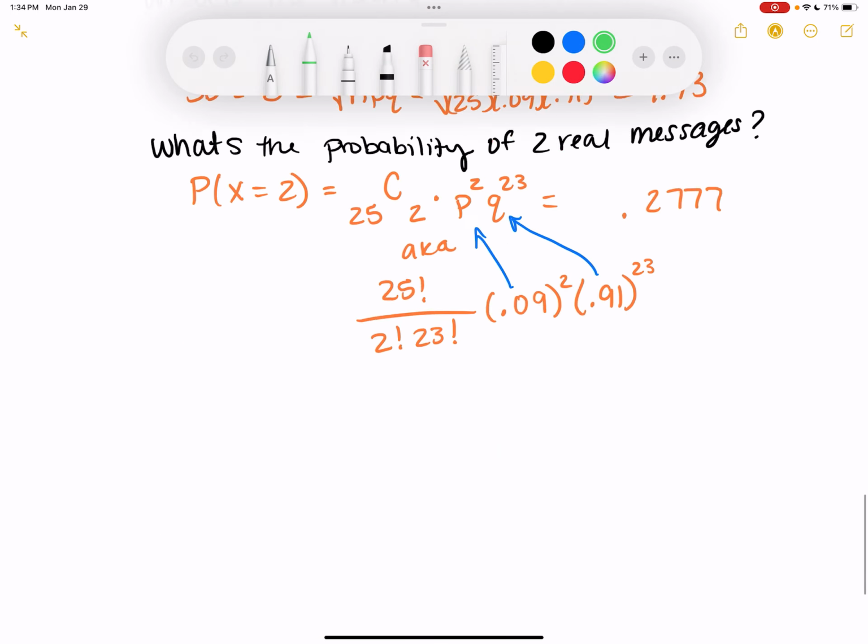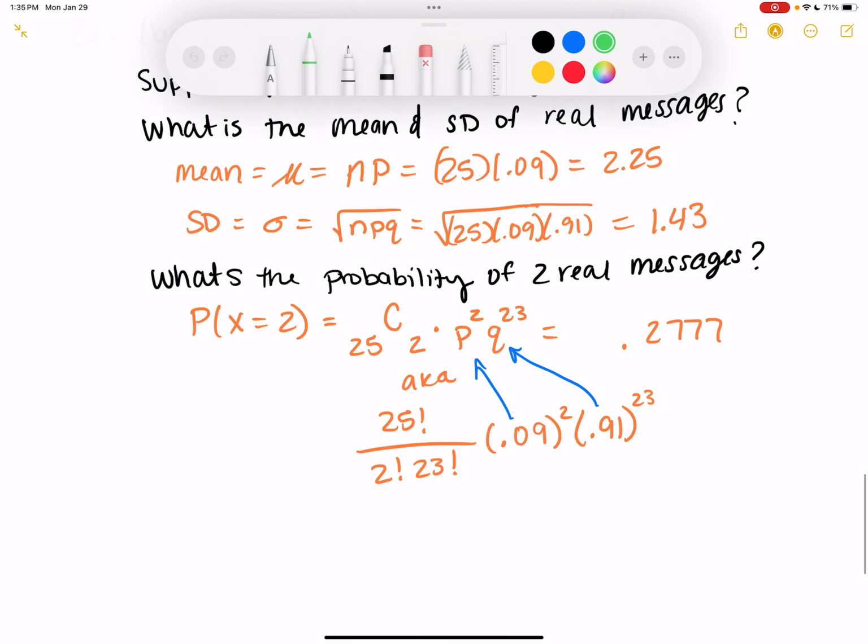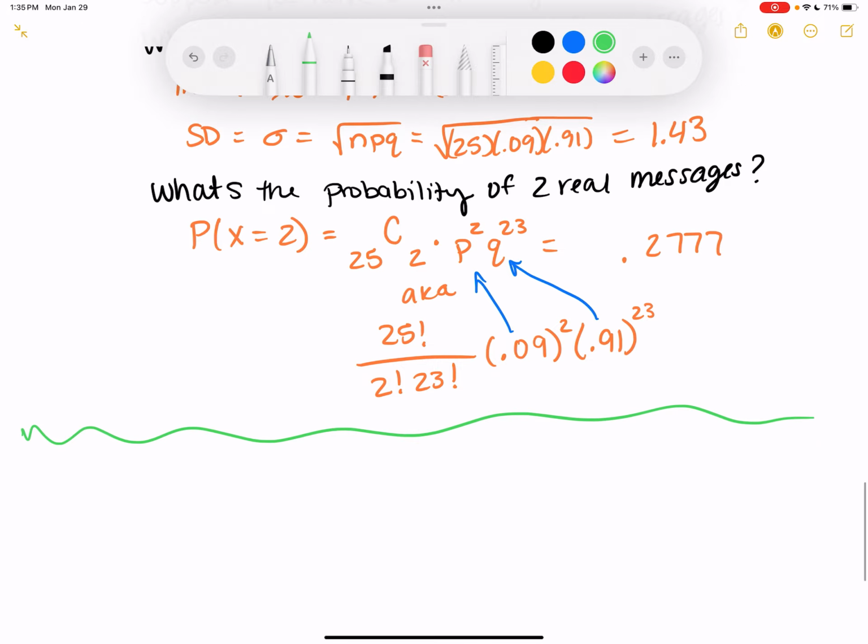All right, so we finished up the email example, or we finished up that portion of it. I'm going to go to how to do some of this on your calculator, and then we'll do another little thing, and then bounce back to that email example one more time. All right,